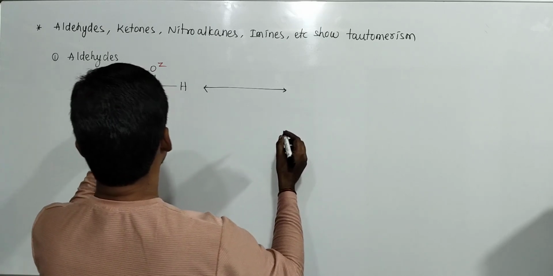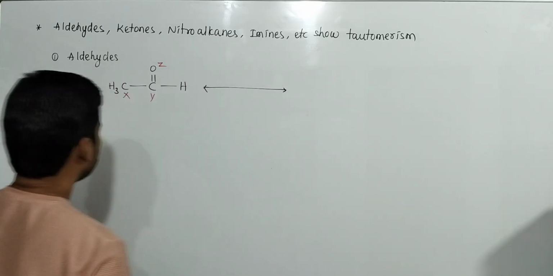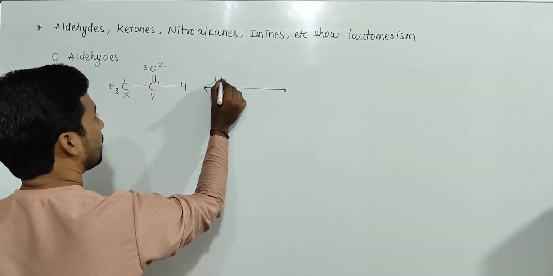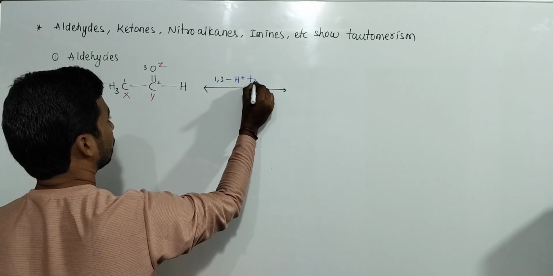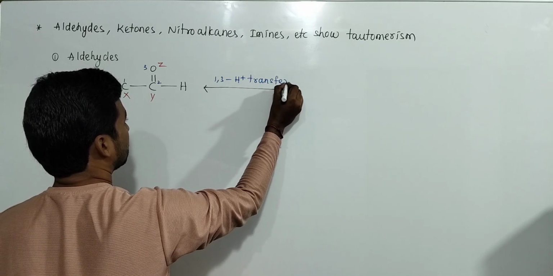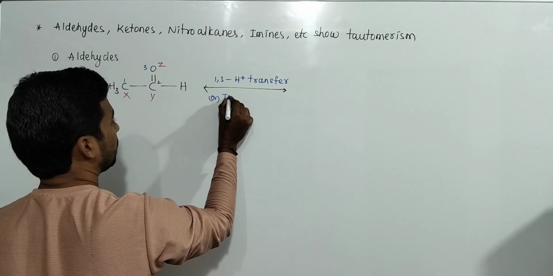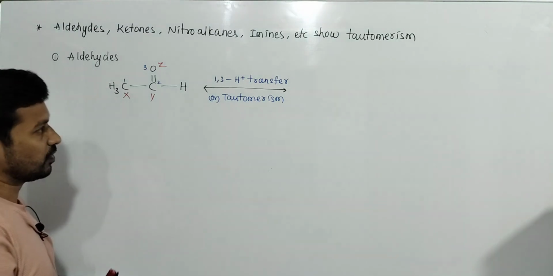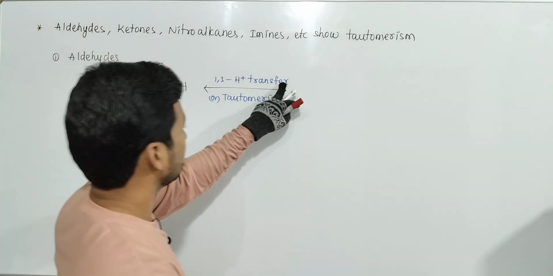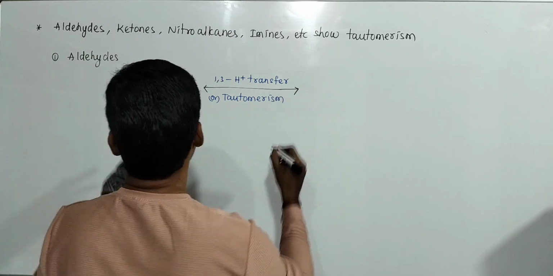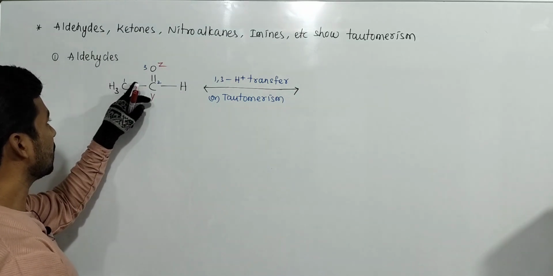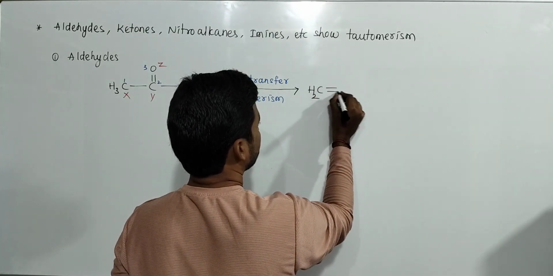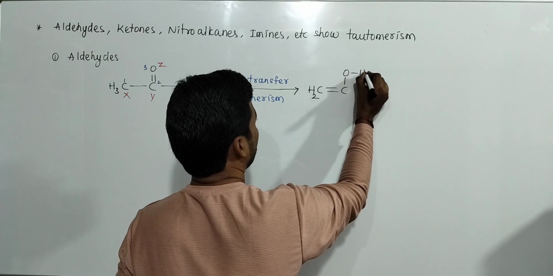This tautomerism gives transfer of proton between 1 and 3rd position. This is first position, second position, third position. 1, 3, H plus transfer. This is called tautomerism. This phenomenon, transfer of proton from first position to third position, is known as tautomerism. Due to this tautomerism, the double bond comes here and this hydrogen goes there. The CH3 becomes CH2, and this becomes a double bond. Here O becomes OH